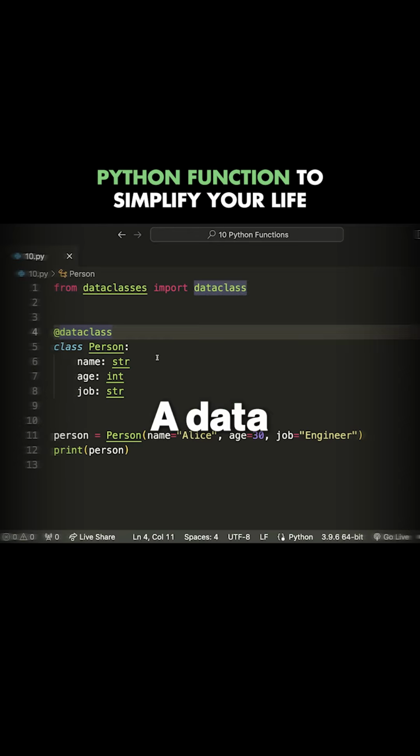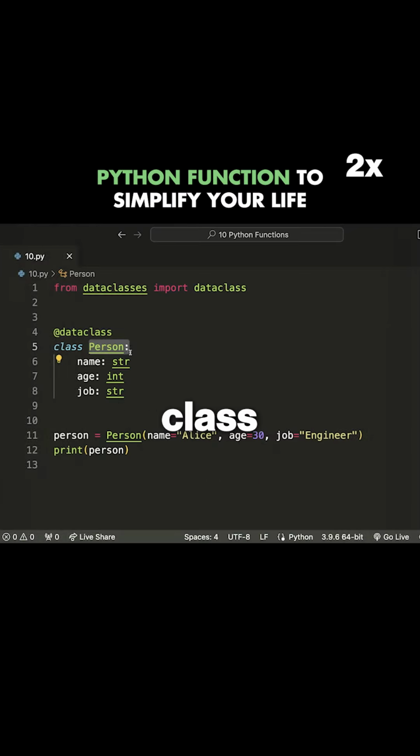Data class function. A data class is a class that typically doesn't have a ton of different operations, but instead is used to organize or store specific data. In this case, we might have a person class where we want to store a name, age, and job. Now, we could have some functionality on this class as well, but typically what we're going to need for this